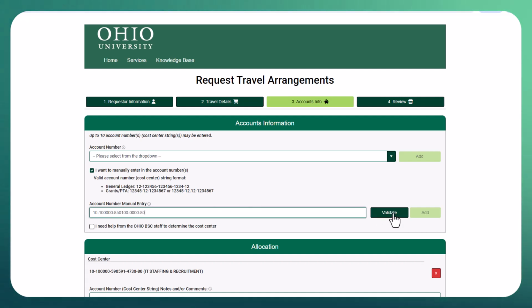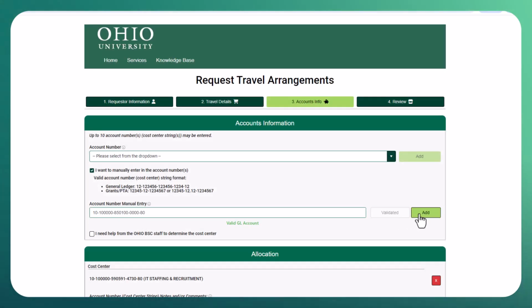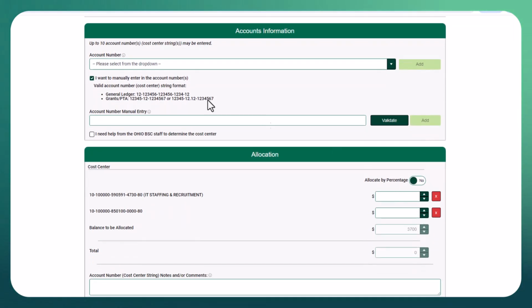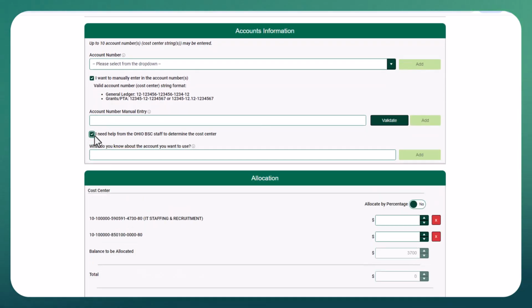Once you have entered it manually, you will need to validate the account number and add it, and it begins entering a table below.